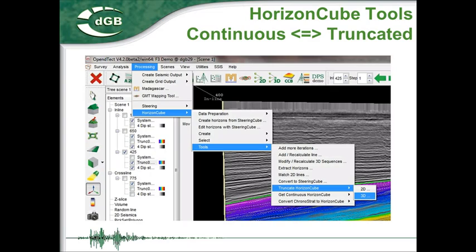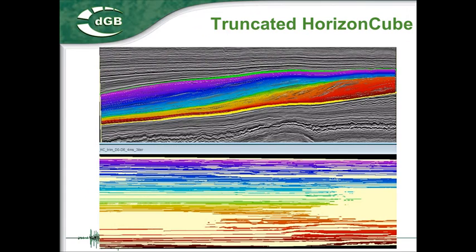Now, in that case, if we want to do sequence stratigraphic interpretation, it is better to work with a truncated horizon. And as Arnaud and Renee already mentioned, we can go from continuous to truncated and backwards using the new tools under the HorizonCube menu. If we now truncate it, we are basically filtering the density of the HorizonCube. When we have a lot of horizons, we can just remove them, and the output now looks something like this, and that is more in line with the Wheeler